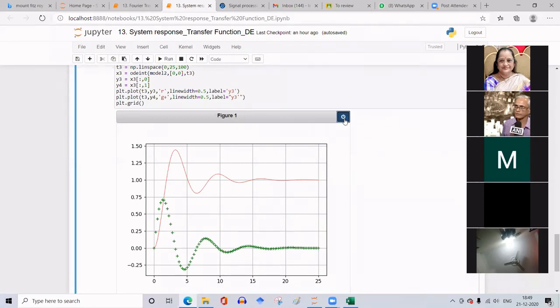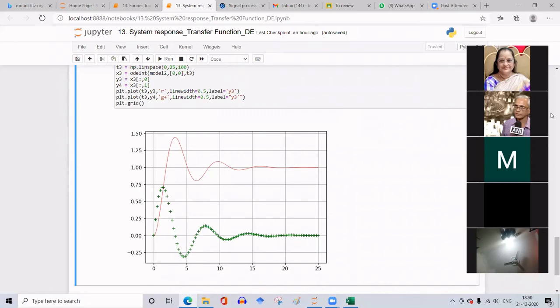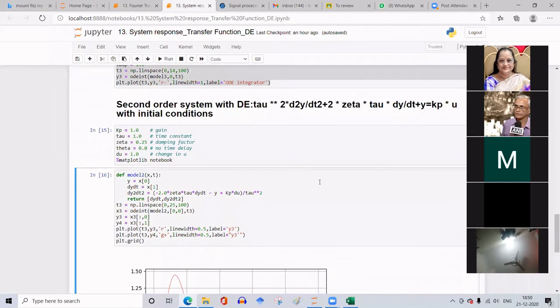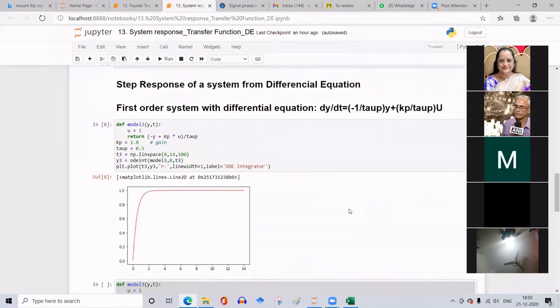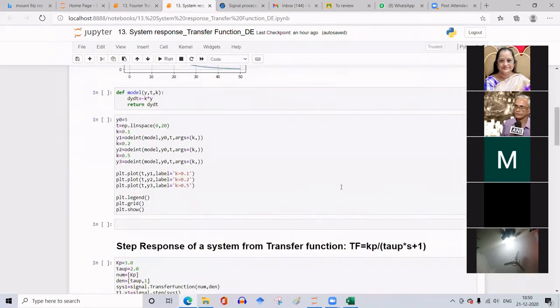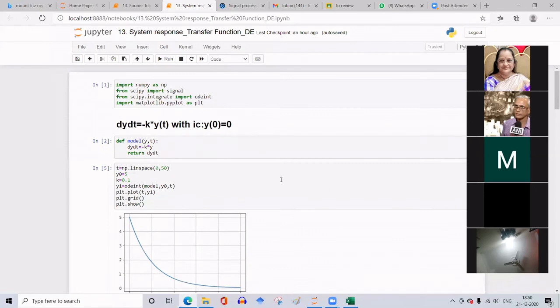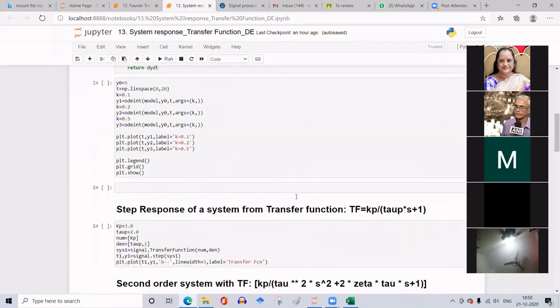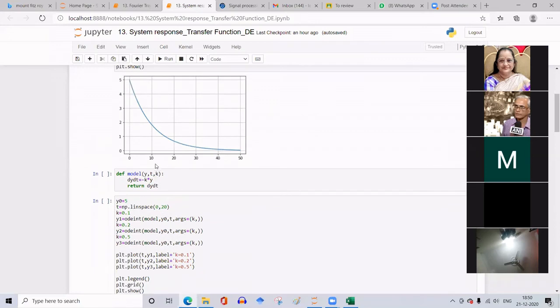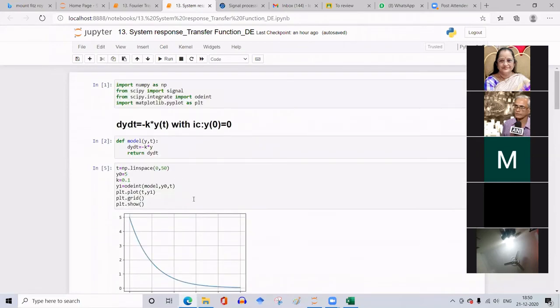Okay. That is how we solve the differential equation to get the response of the system. It is important to know the step response of the system to find out its various other characteristics. You know it in your control system, how important it is to find the step response of the system. Next, let me take how to solve this system for its response if the transfer function of the system is given. Okay, one more problem is here. So here the same problem, dy by dt is equal to minus k into y.